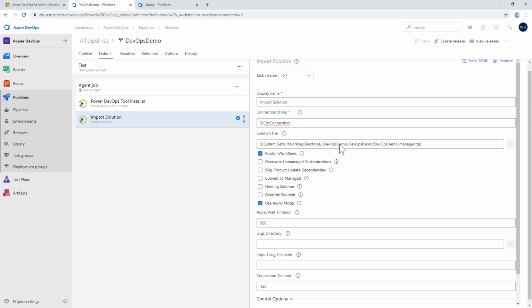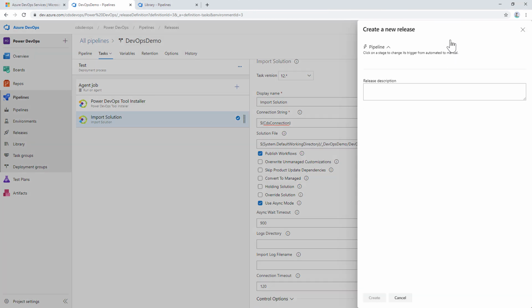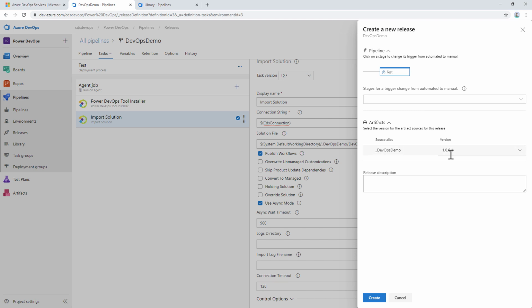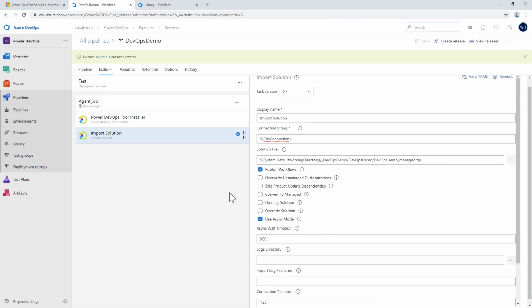To test this release, you can create a new release. So let's do that. Normally you would have the option to select the version that you want to release. In this case, we only have one build at the moment. So let's just go ahead with this one. So once you create the release,